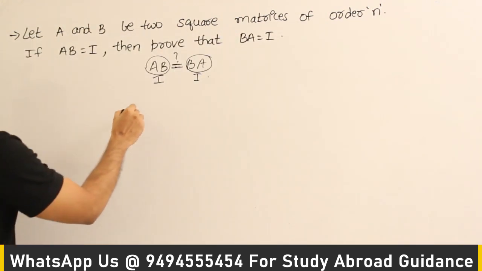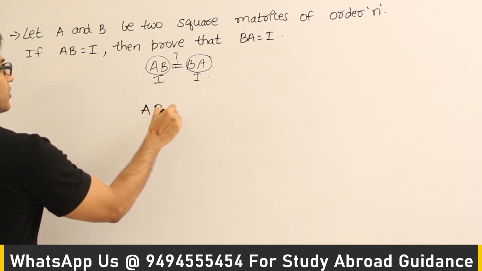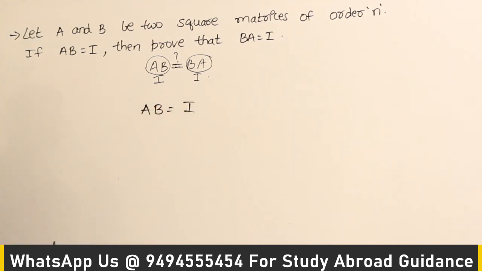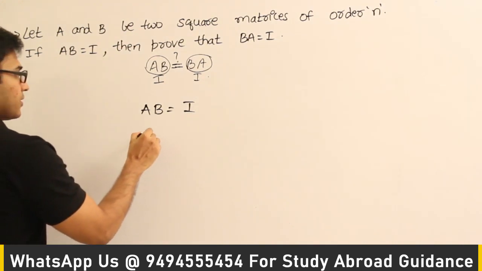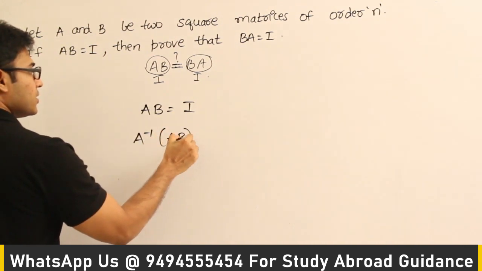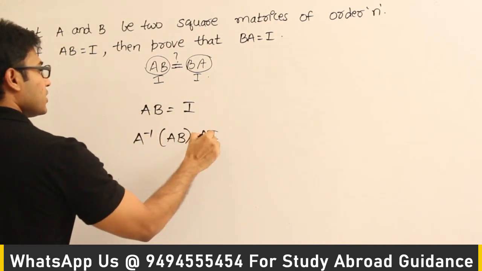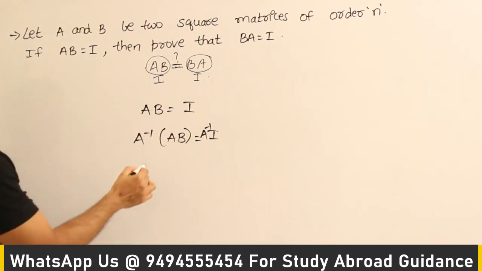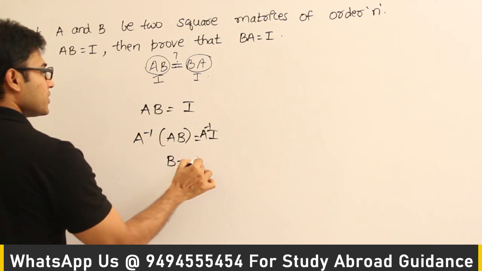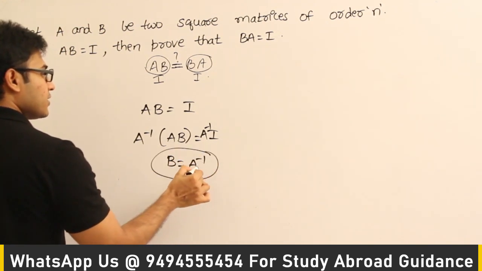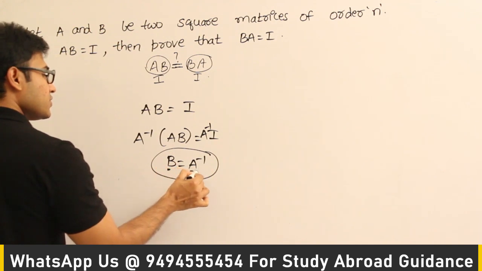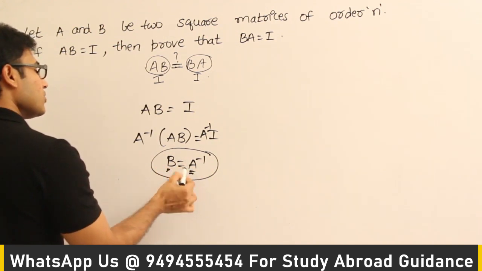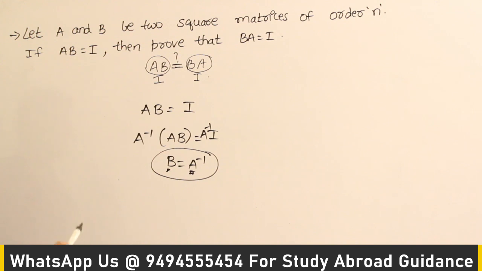See, now A into B equal to I, right? That is what is given. So I'll try to multiply both sides of it with A inverse. Okay, A inverse AB, and then I into A inverse, multiplying from the left side, pre-multiplication. Then I'm going to get B equal to A inverse, right? Then we can say that since B is the inverse of A, A into B equal to B into A equal to I. But then before doing that,